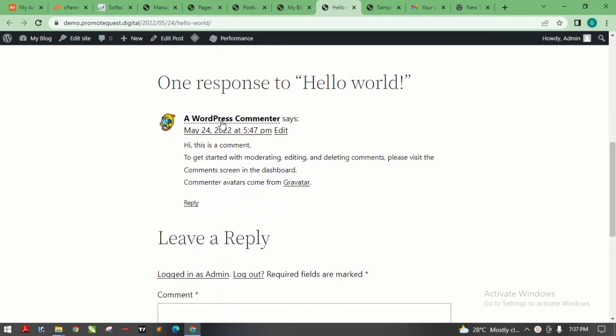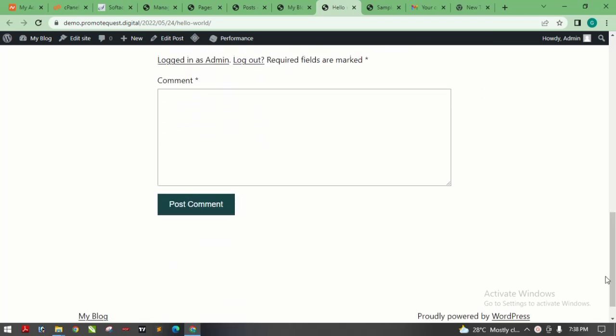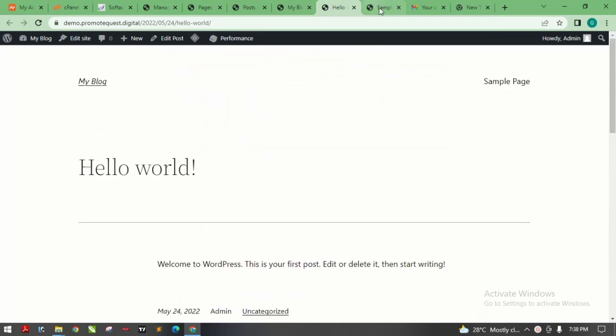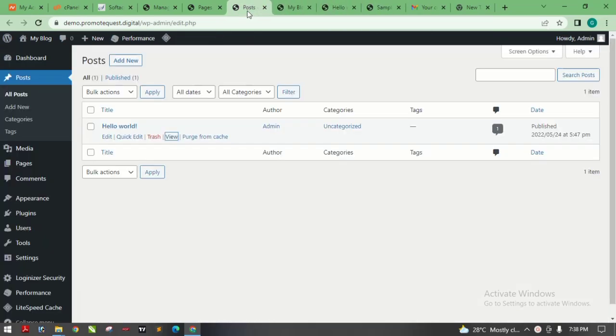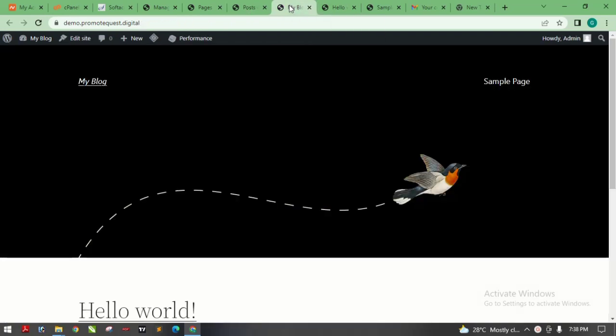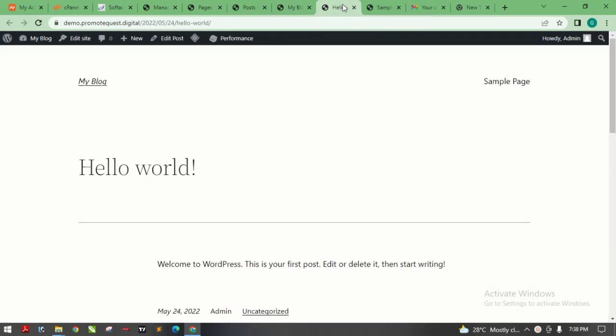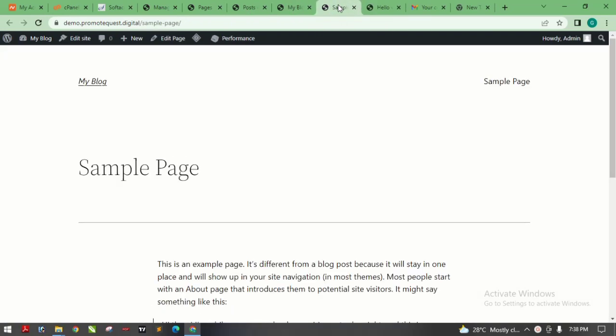So this is how the comments will look when people comment on your blog, and this is it. All this has been created by default. Now I'm showing you this because we're looking at the front page of the website, one of the pages of the website, and the blog, to actually see the difference between